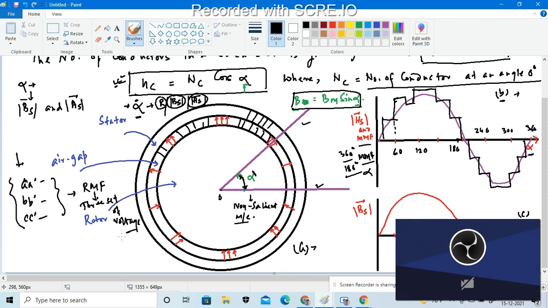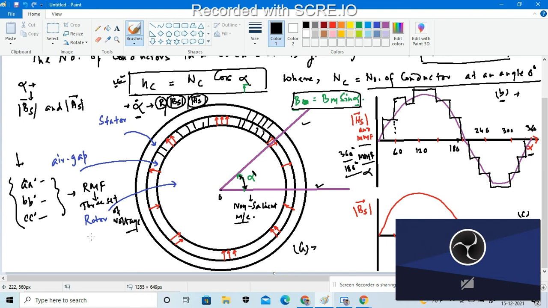According to the design aspect, everything we are emphasizing is on the design aspect only. As far as the design aspect is concerned, we have to find out what the MMF and the flux distribution of an AC machine will be, and accordingly find out what the induced voltage will be for the three sets of different coils. Considering these three sets of coils, we have three sets of voltages which will be produced for the coils of a stator.